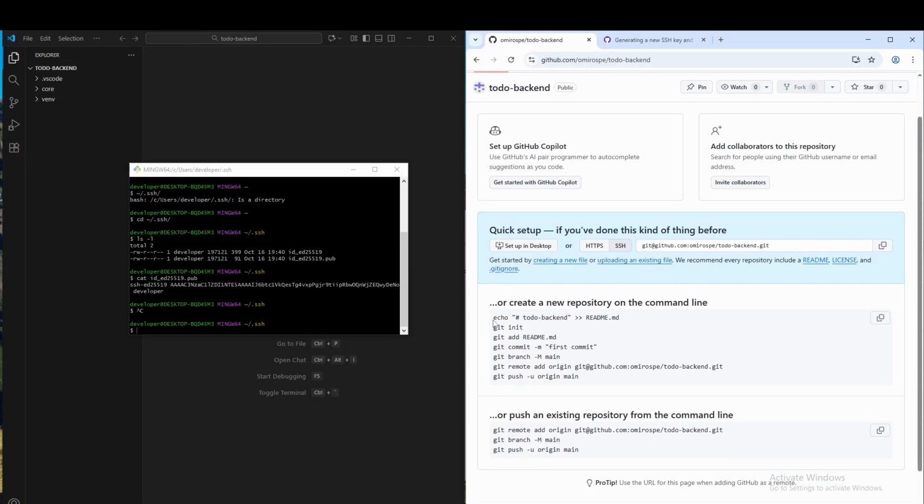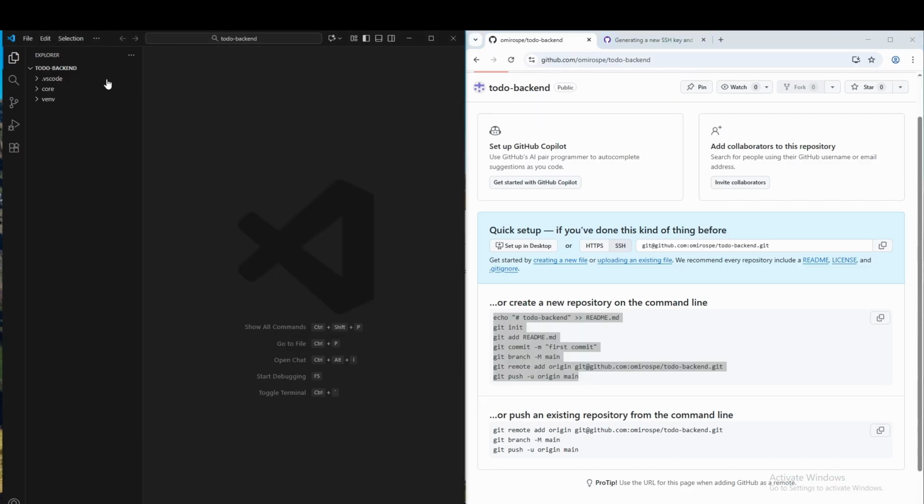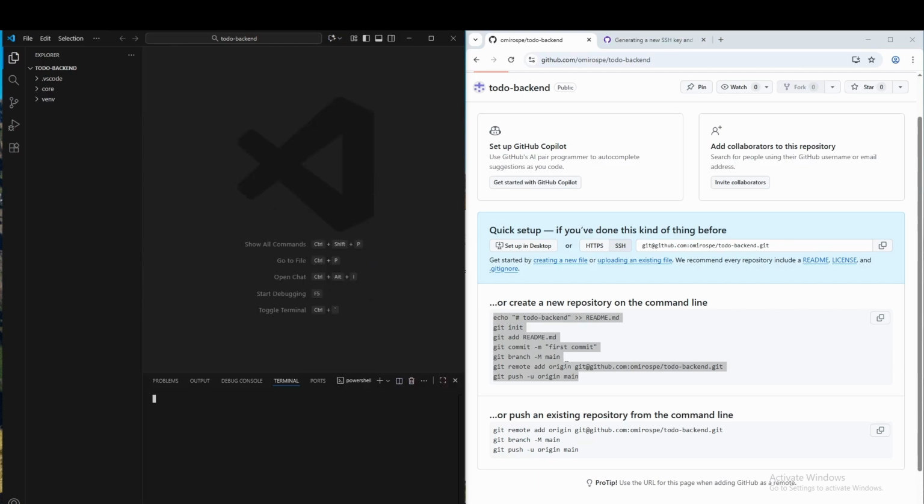And here we'll get a set of instructions of what we need to run in our VS Code CLI to push our code. Now the first one is to create the empty README file, which we had the option to do before. Here we can initialize our